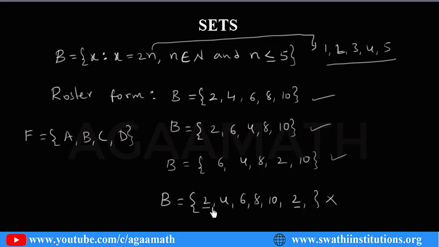So in this class, what we have learned, that a set should be denoted with a capital letter, and it can be represented in 3 ways. One is the description form, set builder form, roster form, right? Also you have to use curly brackets or braces. Most of the states and most of the boards use 2 methods. One is the roster form and another is set builder form. Roster form also called list form. I hope you all understood.